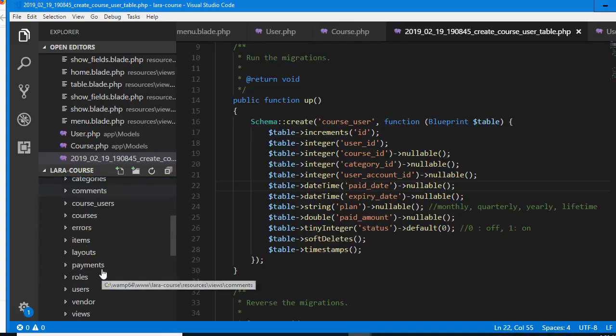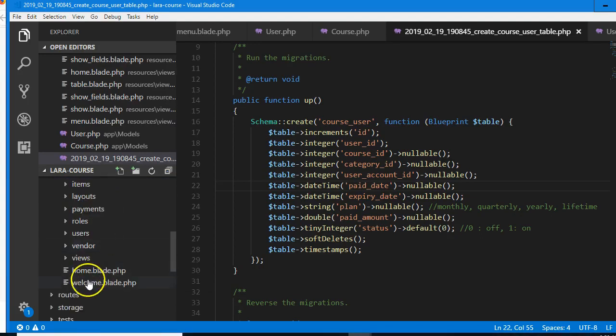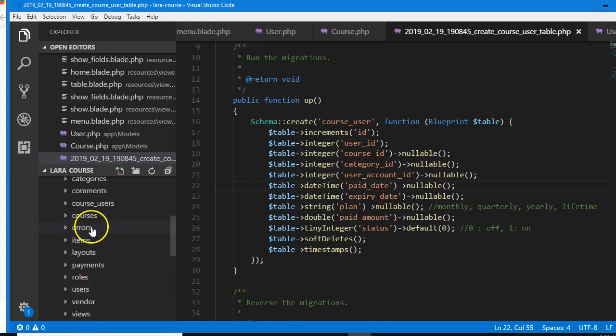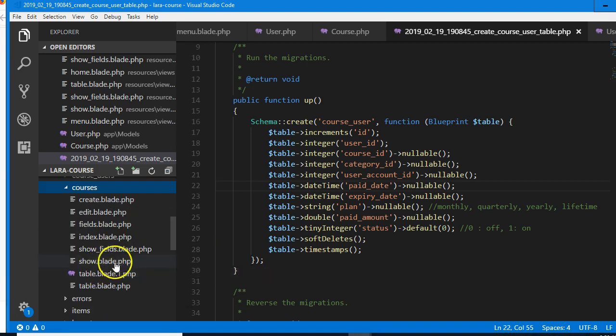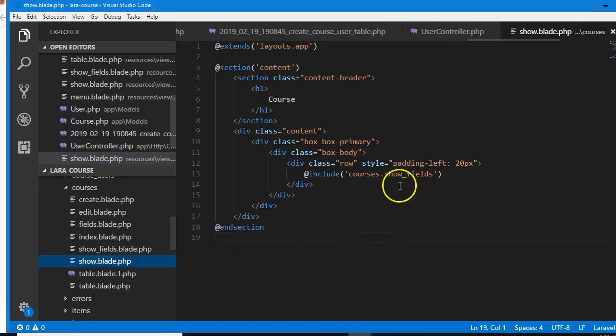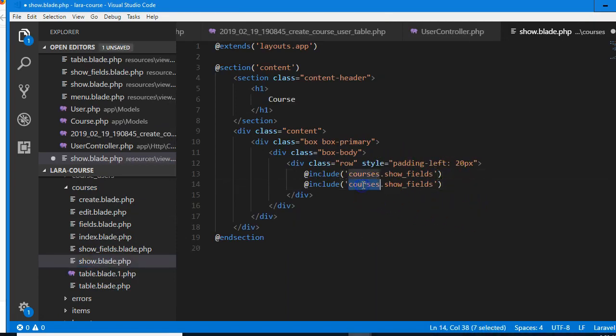We're looking for show.blade. Right here, courses have show.blade. We have to import user, right? Say users show fields, I think. Yeah, so this shows us the list of users that are subscribed to this course. But if we refresh now,